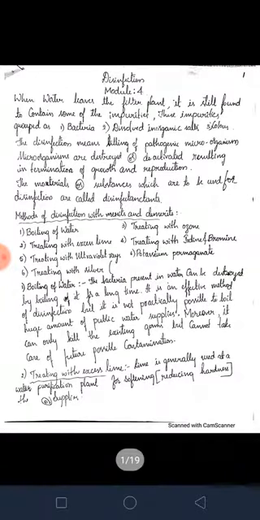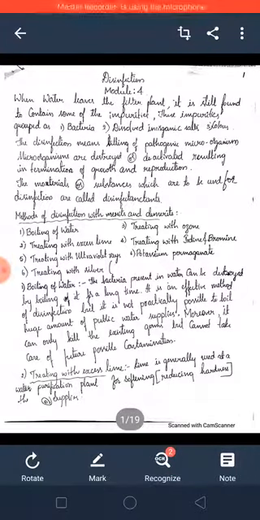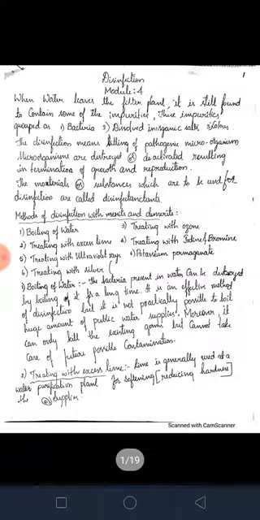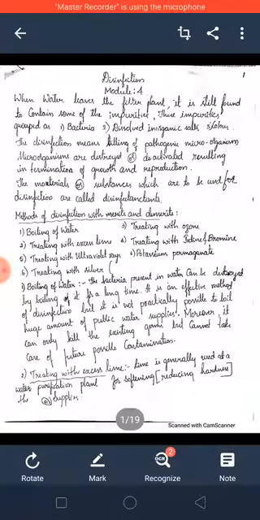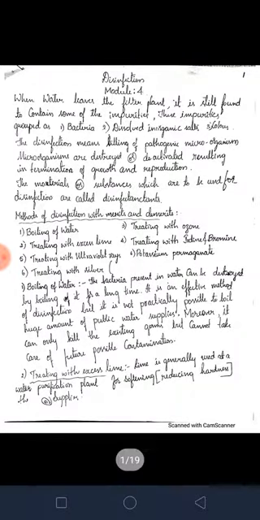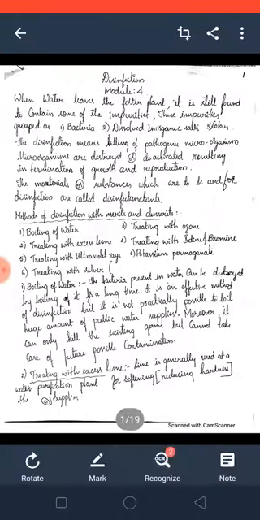First and foremost method is boiling. Here the water is boiled for a long time, and it is an effective method, but it is not practically possible because a huge amount of water is required for the public water supply, right? Yes, boiling is used only for a small quantity of water, so it is not possible to use it in a treatment unit. And the next method is treatment with excess lime.